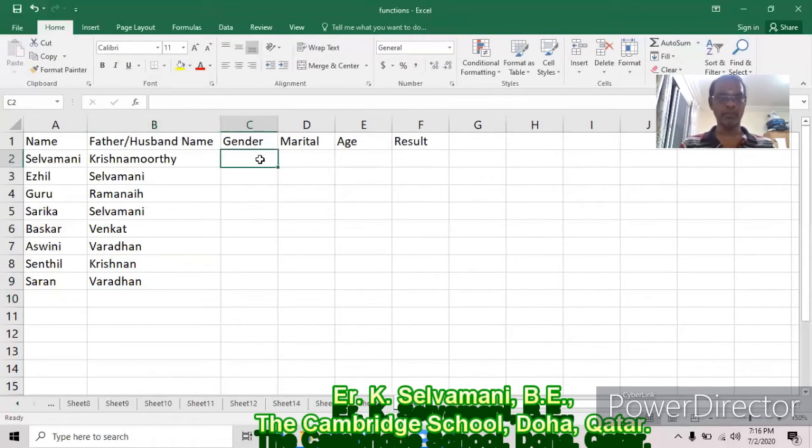Here I have to type the gender status. M stands for male, F stands for female. Here I have to type the marital status. Y stands for yes, that is married.